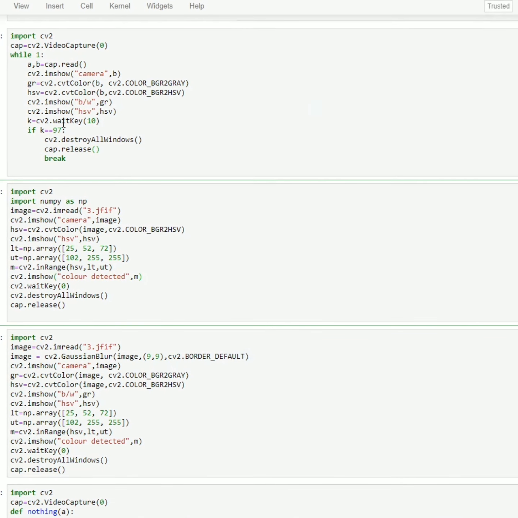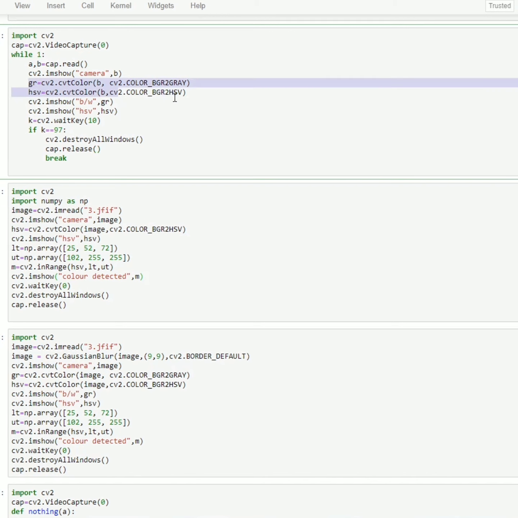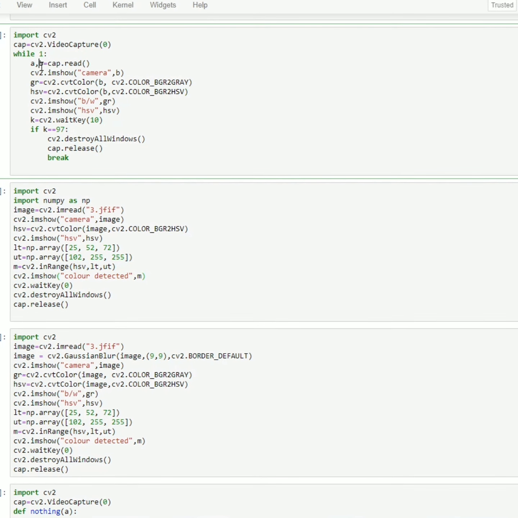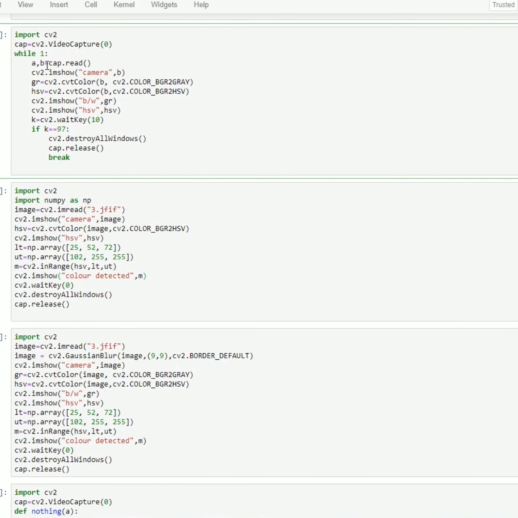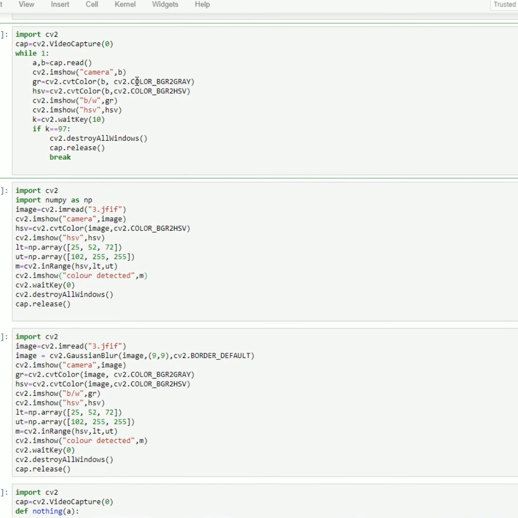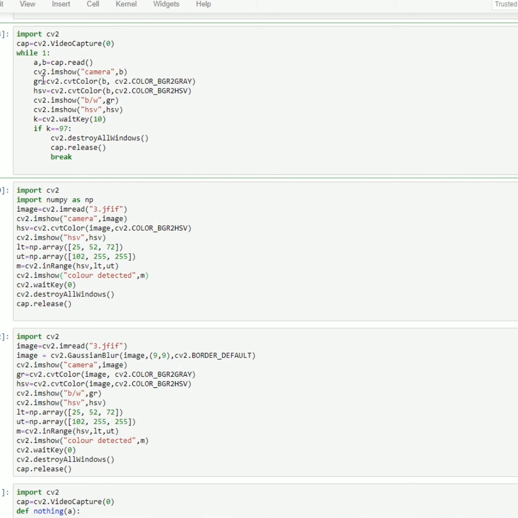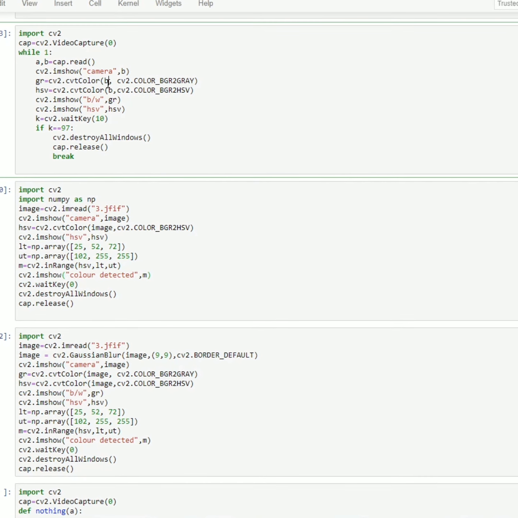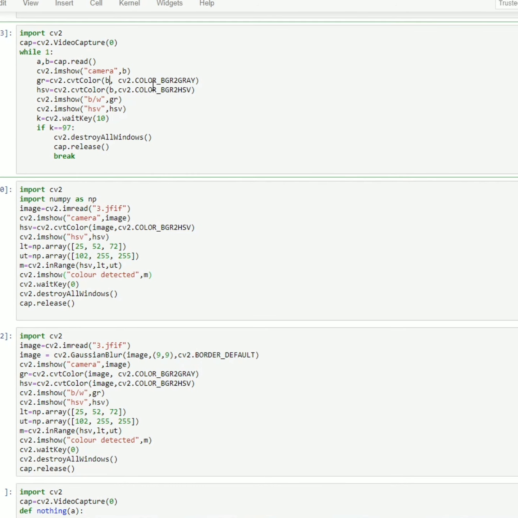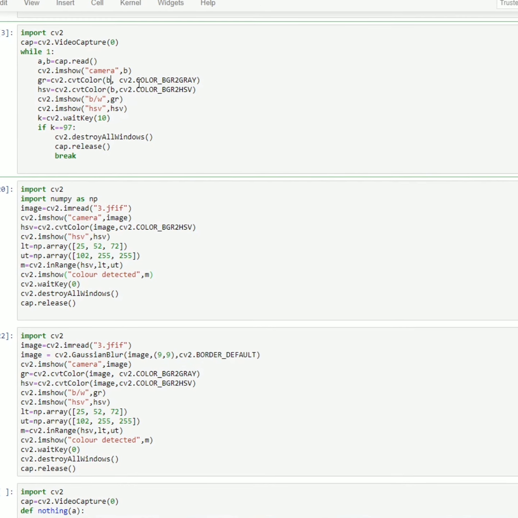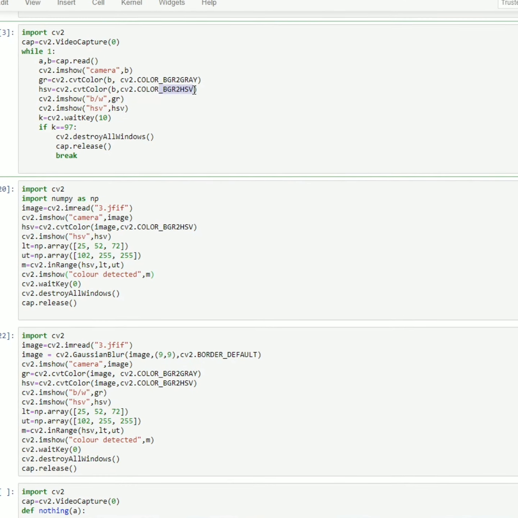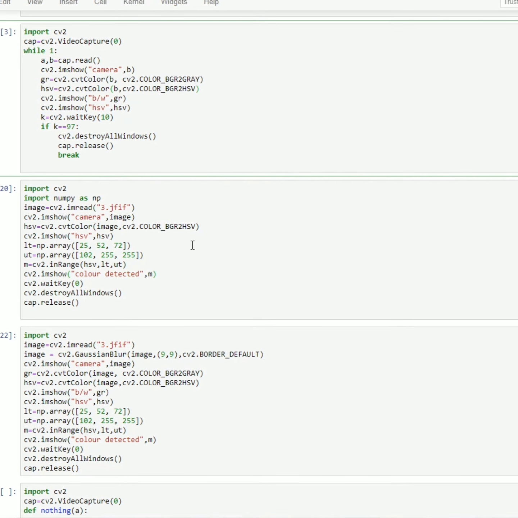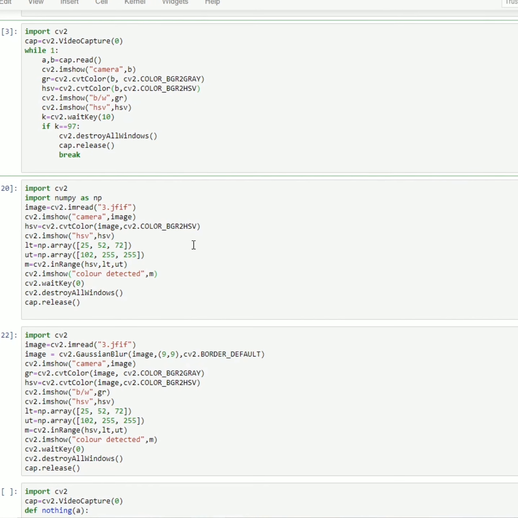So yeah, let's understand this code first. I forgot to explain the syntax of this. Look at this here. I have the color image, which is B, which is nothing but a frame from the video. Now I'm converting this B from BGR to gray. The syntax is simple and straightforward: cv2.cvtColor, that is convert color. What you are converting, the frame B, from what you are converting, BGR, to which, gray. Similarly, cv2.COLOR_BGR2HSV. Before the robot identifies the color, it converts the frame into HSV and proceeds.